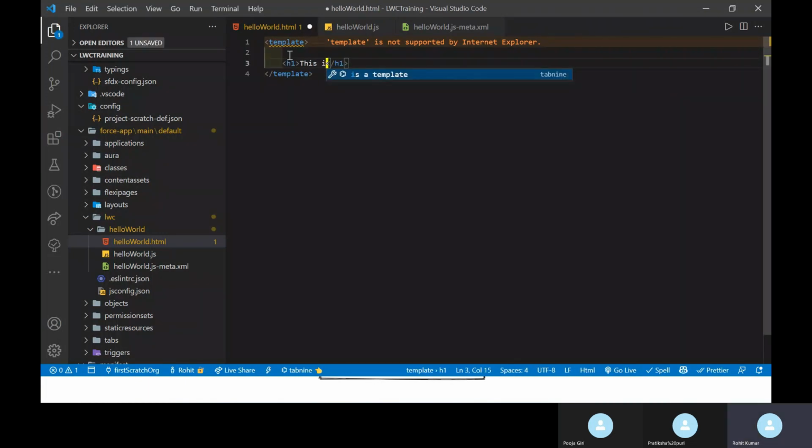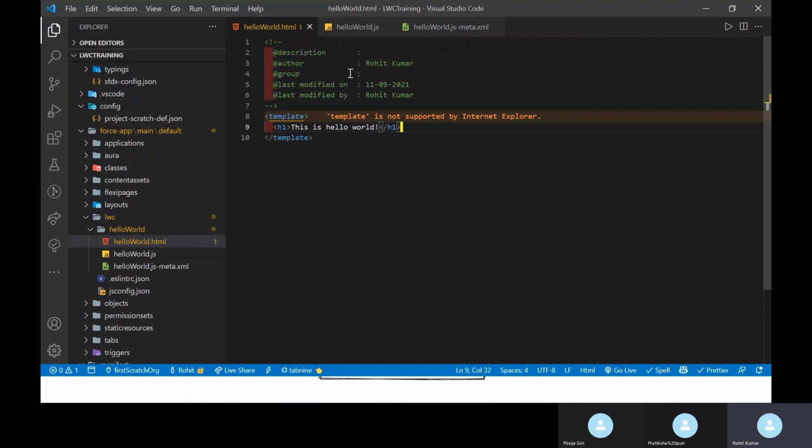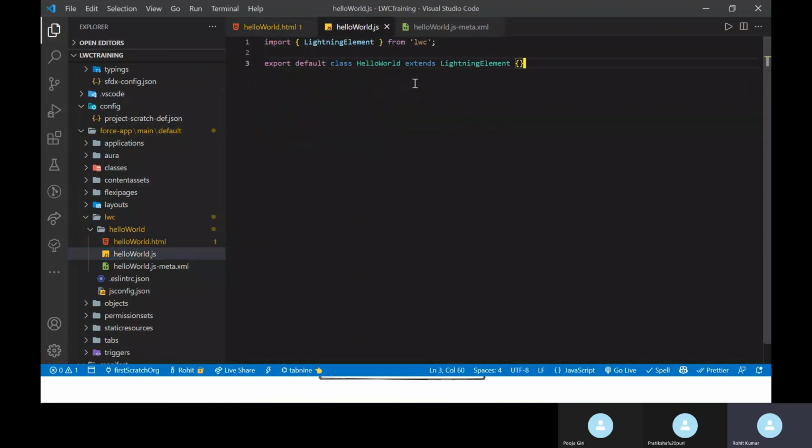So this is the hello world component, something like that. Hello world. Okay, and here you can see I just saved it. Under the template, you can see my one HTML attribute, we can say the heading. Okay. Under the JS, I don't have anything because it's a snippet generated by the Salesforce CLI. So leave it as it is for now.